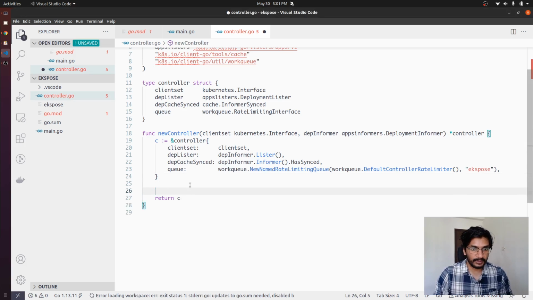So before returning the controller, we are going to register those functions. So deployment informer dot informer dot add